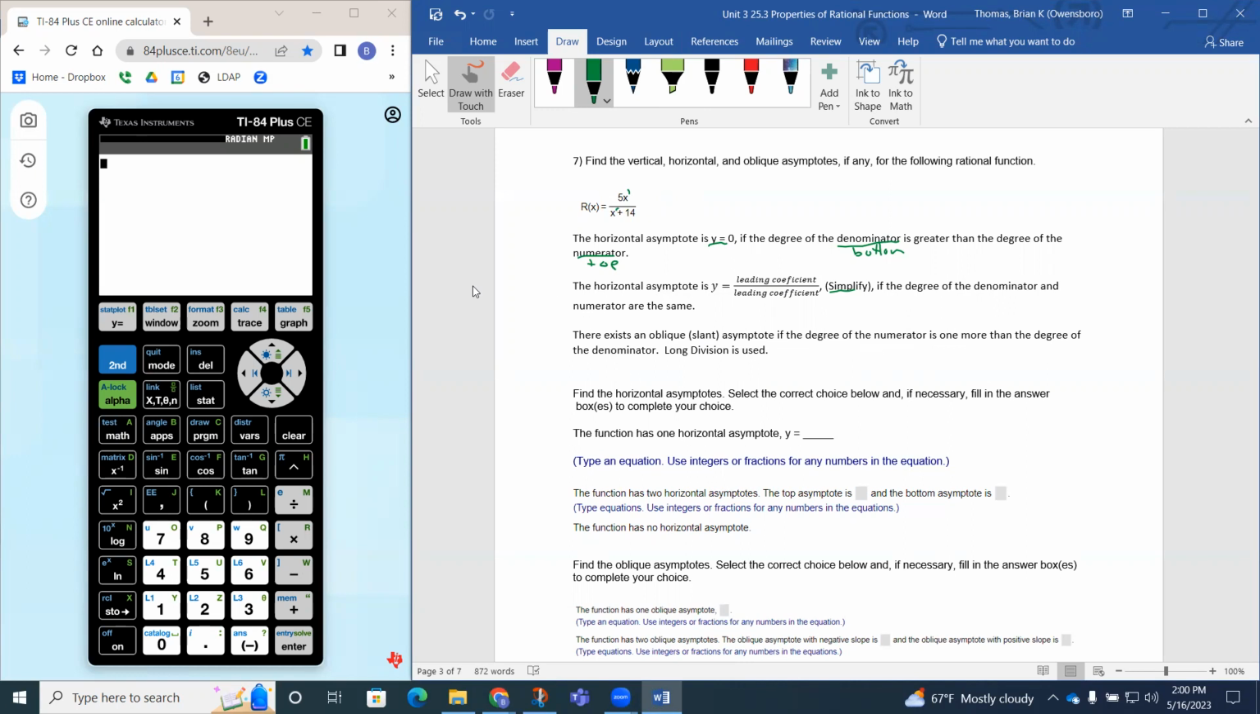So if we look at our example, we have y equals 5x over x plus 14. That doesn't look right. That looks okay. So if we graph this, there's my graph. Now it's just part of it, because I may have a bigger window. But if we look at the table in this problem,